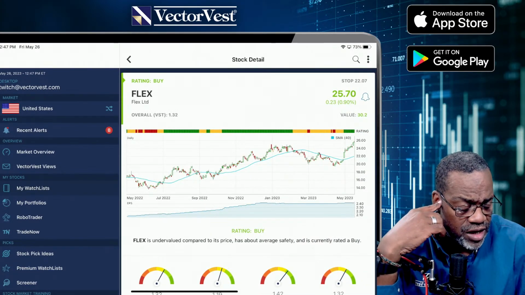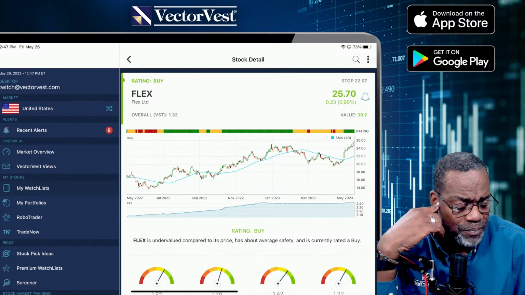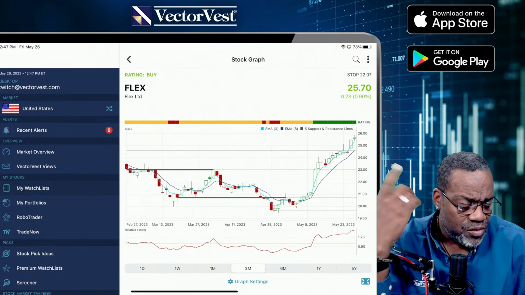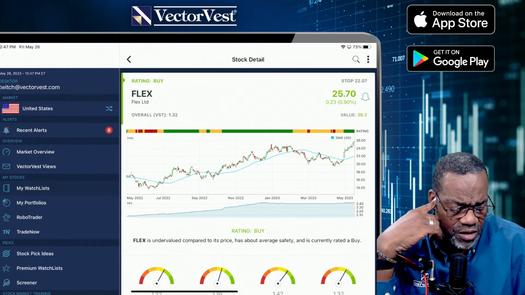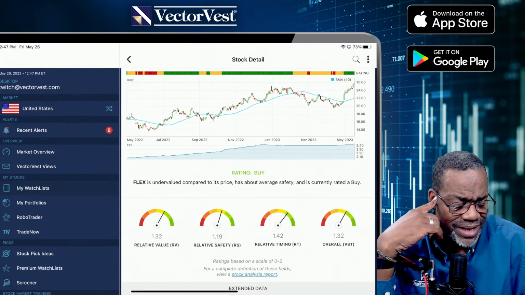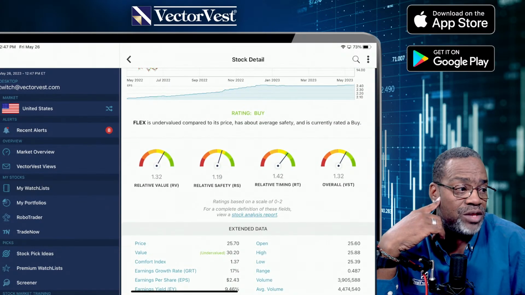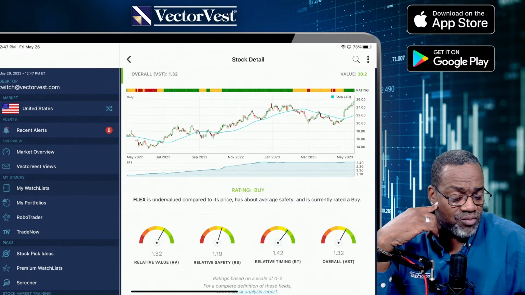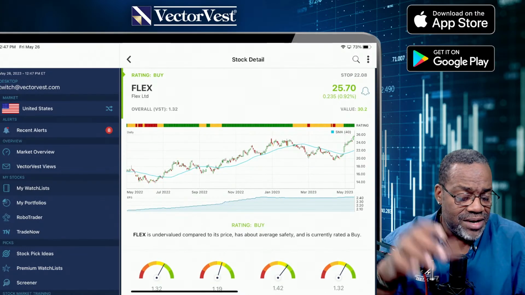Flex. Hitting a new 1-year high, it looks like. Gapping up. Let's hit that. Just tap the graph. Moving up. I like the move. 3-month graph. Let's go back. RV and RS both above 1, so it's fundamentally sound. RT is above 1. Does it go up more than it goes down? CI says yes at 1.37. The stock goes up more than it goes down. I love the move. Bottom left, top right. Again, from this graph, I can hit the bell icon and set an alert.